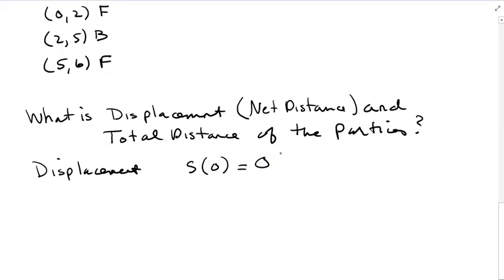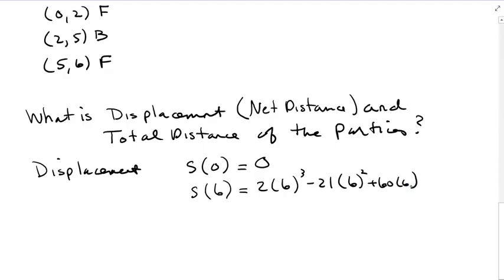All right. Now, find the end. I'm ending at 6 seconds. Well, now I want to plug in 6, right? So I need 2 times 6 cubed minus 21 times 6 squared plus 60 times 6. And if you do all that work correctly, you can stop and do it yourself, it's going to be 36. So my displacement